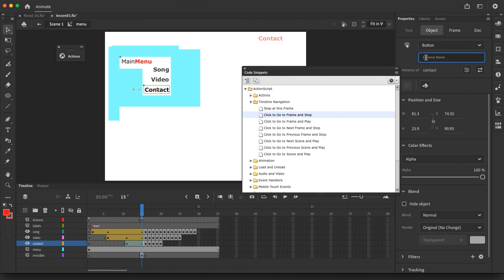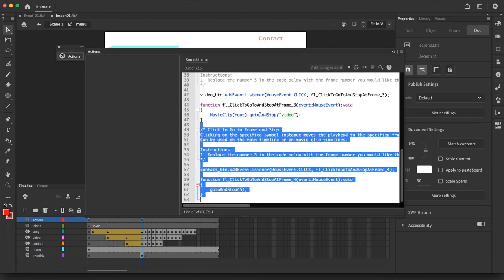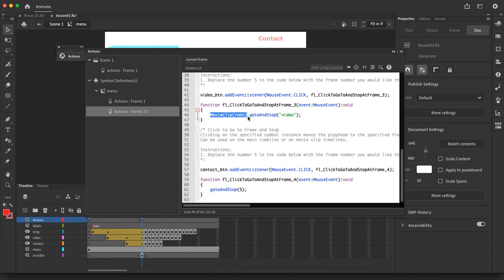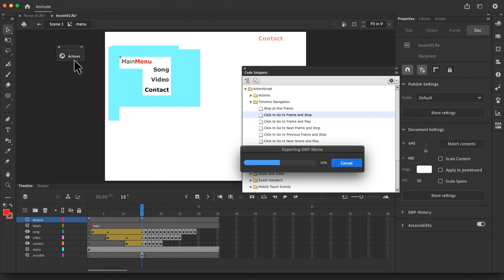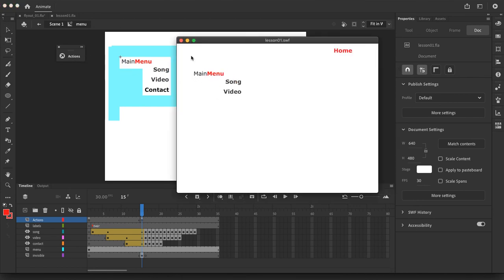So again, contact underscore btn, make sure I spelled that correctly, which I had a sense I didn't. There we go. Hit my tab key. And the last one here, click to go to frame and stop. Again, I can copy and paste this. And just change the frame label inside of the brackets from a 5 to a quote mark with the name of the label, which is called contact. Close quote marks. Test, save and test. I'm saving and I'm testing on my keyboard. There we go. Okay, and let's give this a test here. Contact,